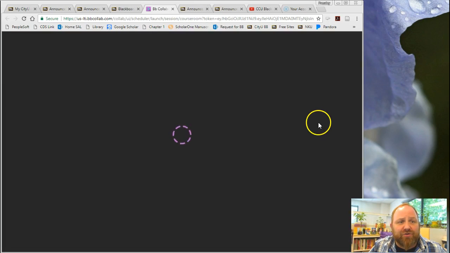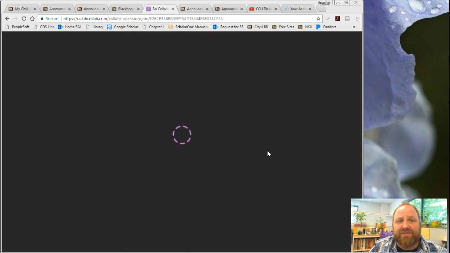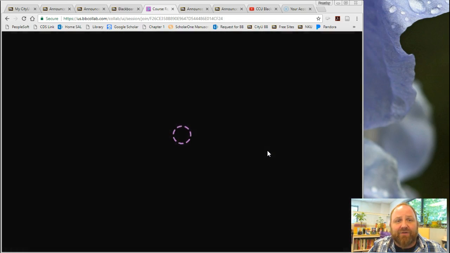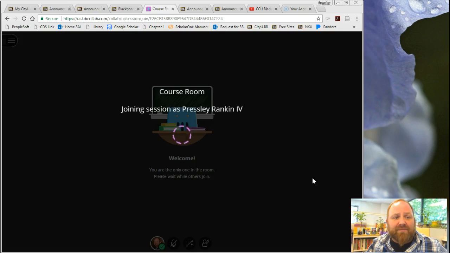When you join this room, you're going to come in as a participant, not a moderator, so you won't be able to upload PowerPoints or control the screen in that way. It'll probably say something like waiting for the moderator to come online. It's a little bit slower today than normal. What you want to do once you're in the room is to make sure that you are familiar with the